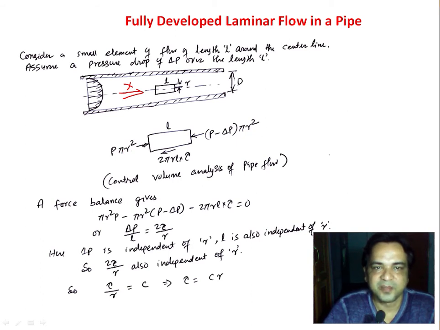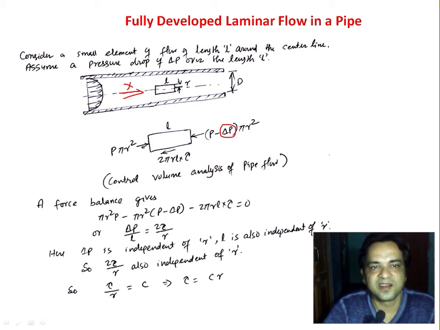The pressure force and the viscous force will act on the fluid element, and let delta P be the pressure drop over the length L. Along the direction of the flow we have already seen that a pressure gradient takes place. It's a pressure driven flow. At the inlet the pressure is more compared to the outlet. So along the direction of the flow a pressure gradient exists. So let delta P be the pressure drop over this length L.